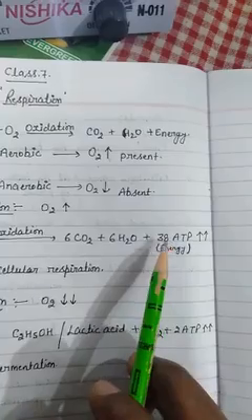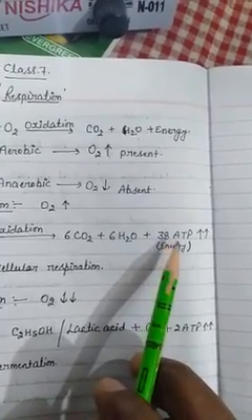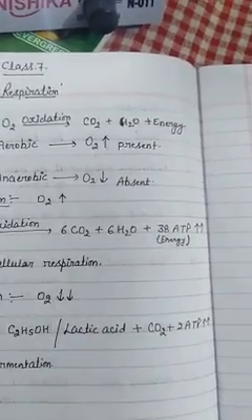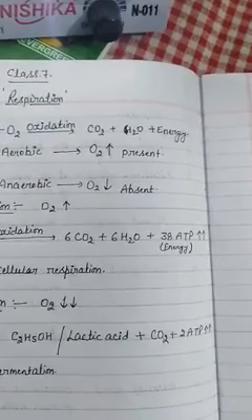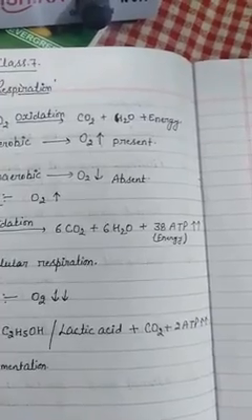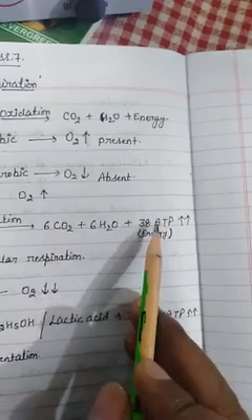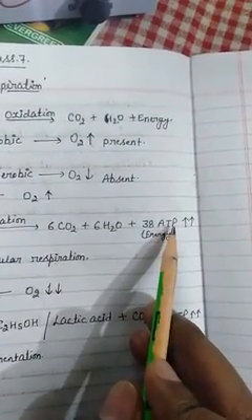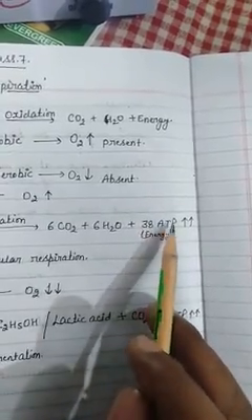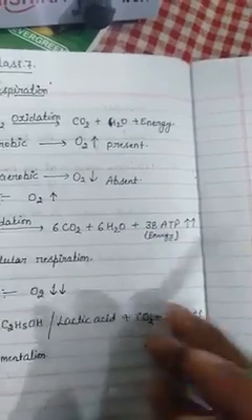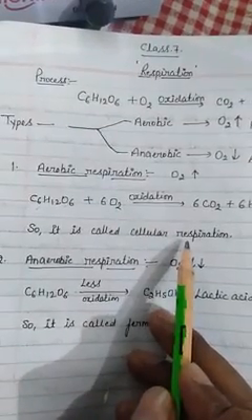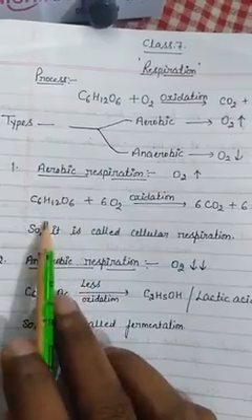and this energy is stored in the mitochondria in the form of ATP, that is adenosine triphosphate. In my previous video I had explained all the terms briefly. So this is ATP, adenosine triphosphate, and energy is stored in the ATP form inside the mitochondria. So this respiration is called cellular respiration. I believe this much you have understood.